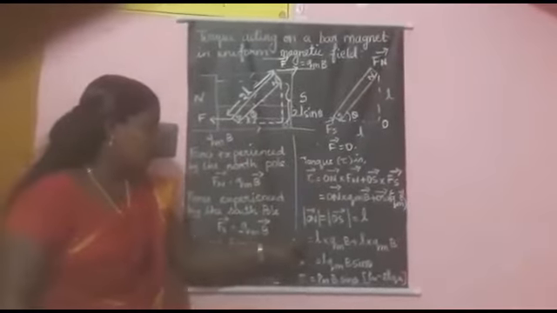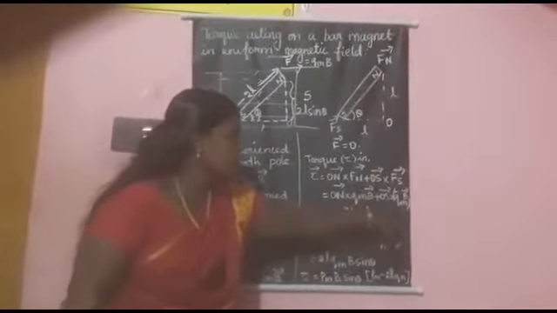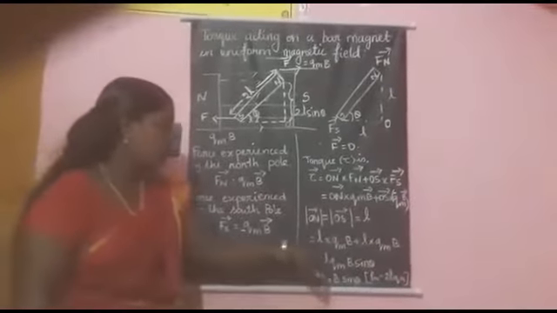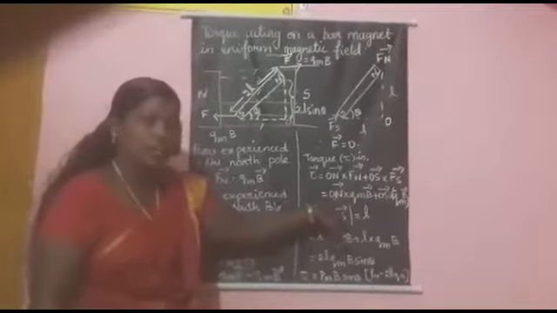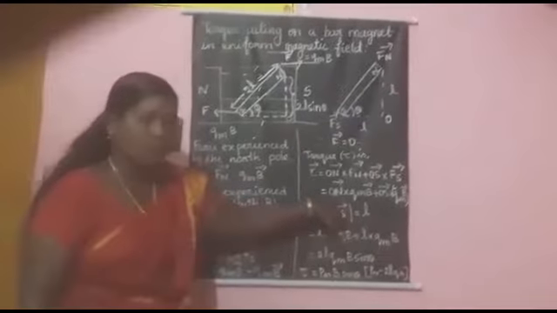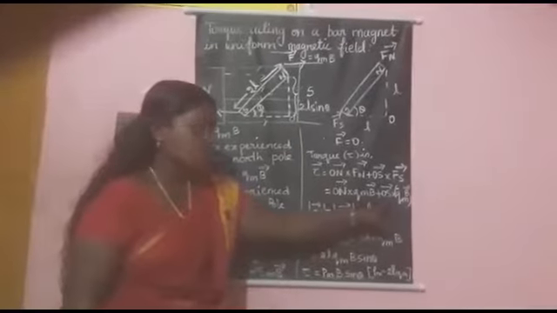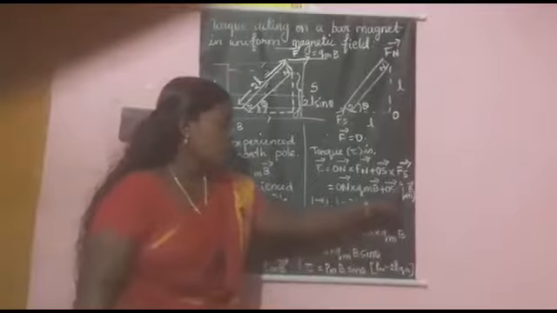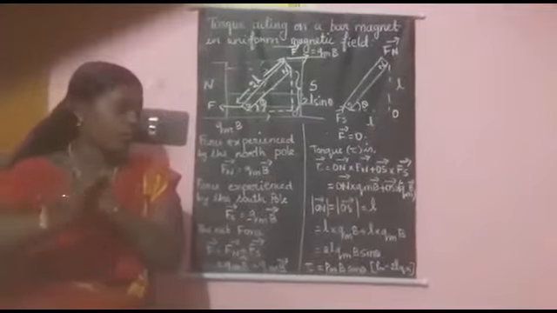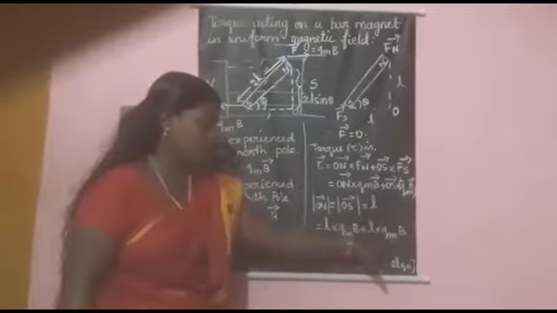Okay, the next: modulus qm B is equal to modulus of minus qm B vector, so both pole strengths are equal. Okay, so you have to substitute here. We already know On vector is equal to Os vector is equal to L. What is On value? L. Okay, the next qm B, note it here: qm B plus Os, same value L. So L into minus qm B, and modulus of minus qm B is equal to the plus value. Okay, same, so this pole strength is equal to this one. So you have to note it here, qm B.